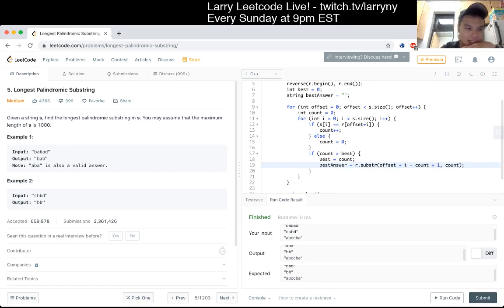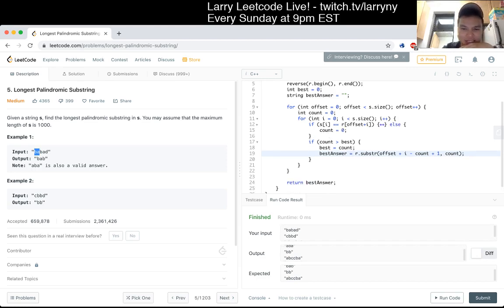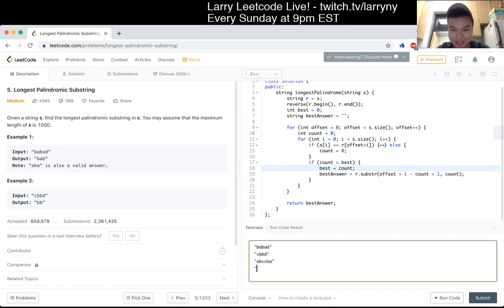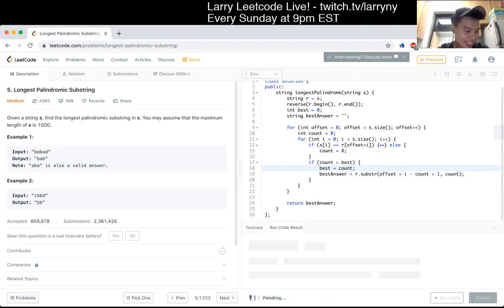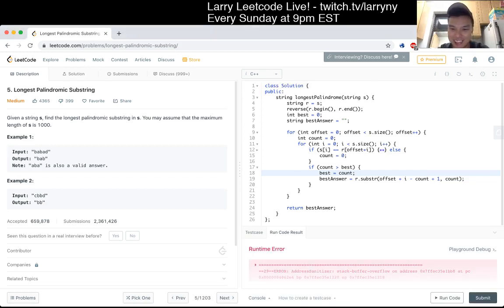Why did the other stuff work? I guess it's just because the answers are in the beginning, so maybe that's why I don't run into it. Lucky that I test more stuff then, because as long-time viewers know, sometimes I get very lucky, quote unquote, on the test cases. I get them right, and then I submit. I'm like, oh yeah, I don't know how this thing works, but